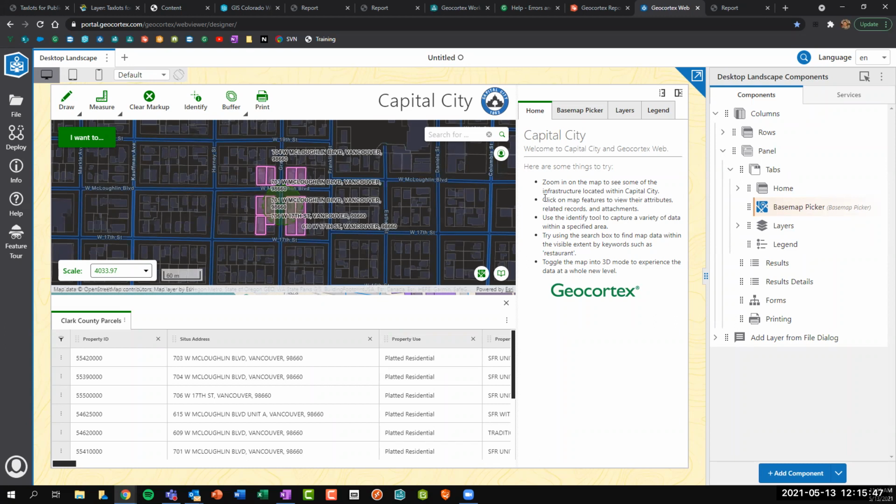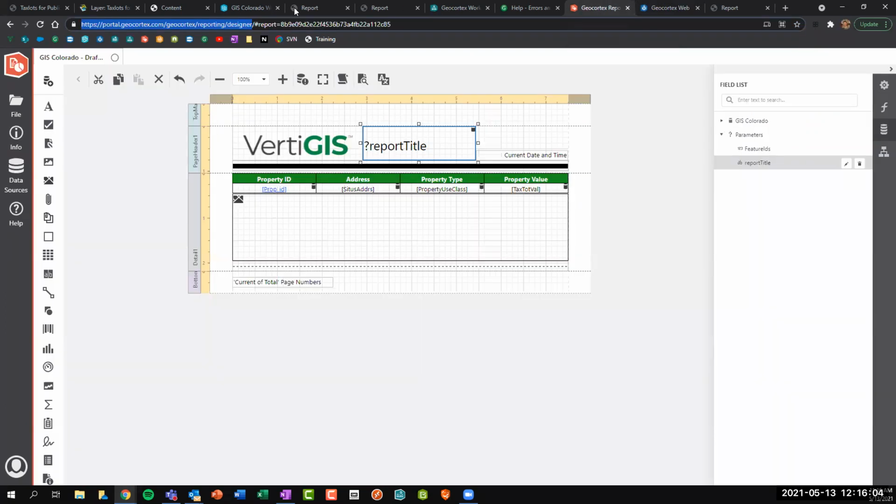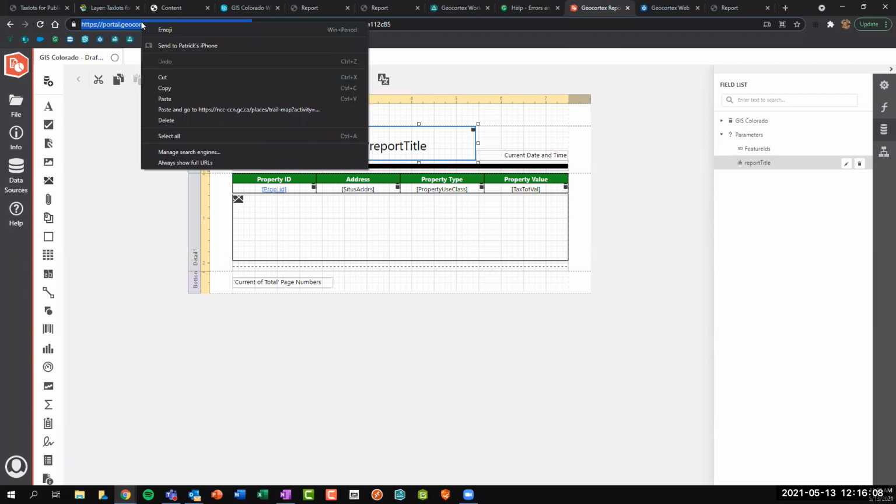Diego, is there anything else you'd like to dive into a little bit further on the Web App Builder side, or the workflow side? I didn't really touch on printing, so I'm happy to quickly show that for the folks. With printing, it's very similar to reporting. So